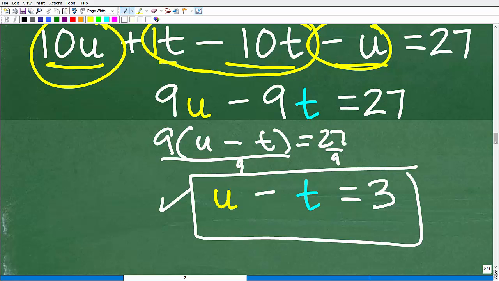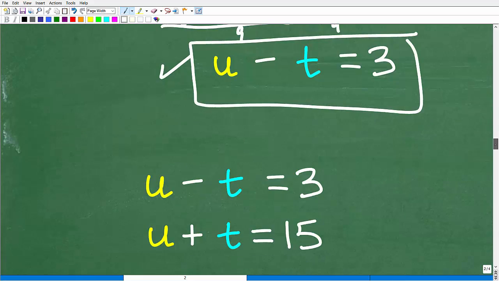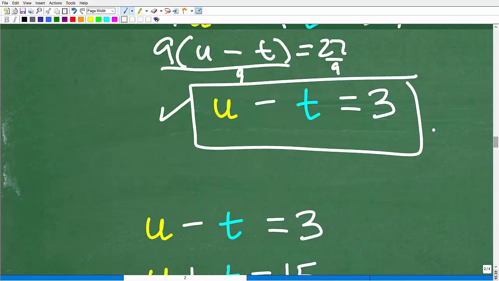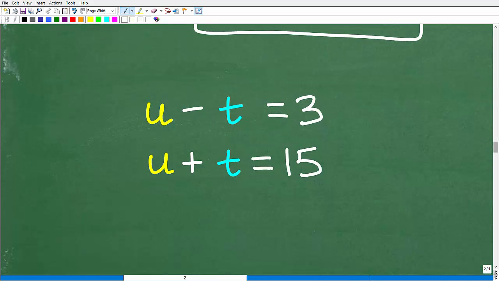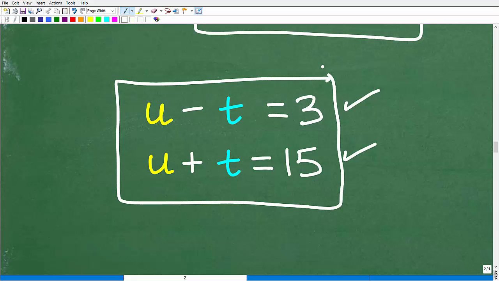But we need the other equation, which was the sum of the digits part. So we have this equation right here as something we can form a system with, and then we have the sum of the digits equation right here, and now we have a lovely, simple two-variable linear system that you can use a couple different techniques to solve with. So you want to be thinking about the substitution and or elimination linear combination methods to solve for u and